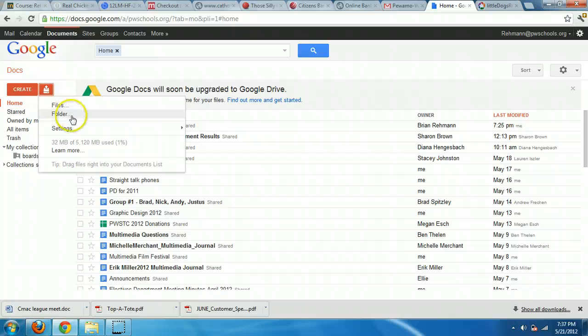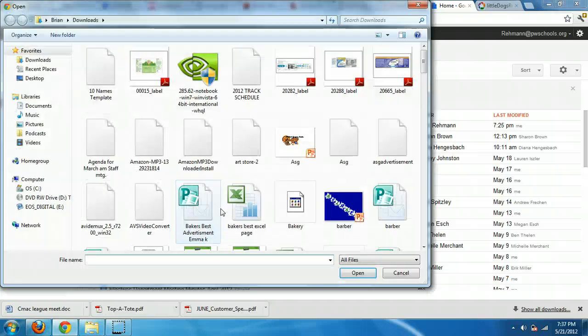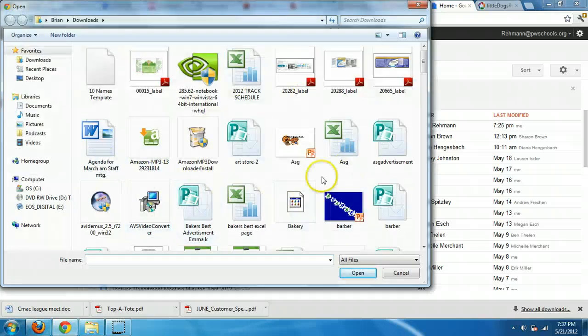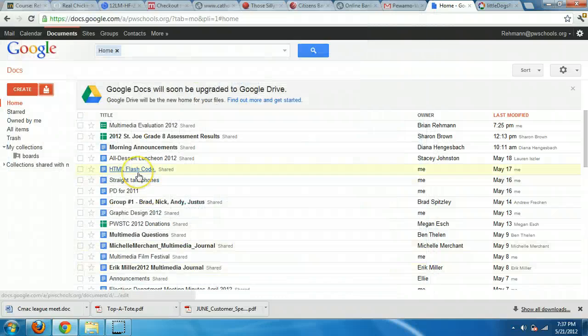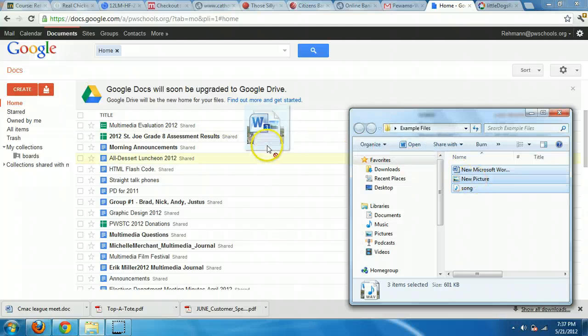Google Docs now lets you upload not only files like presentations and documents, but just about anything. So any sort of file it'll take. So you can share songs or whatever else. So for example, I have a Word document, a picture, and a song. I can highlight all of these. I could go up to here and do upload from this button, but instead I can just drag these right in